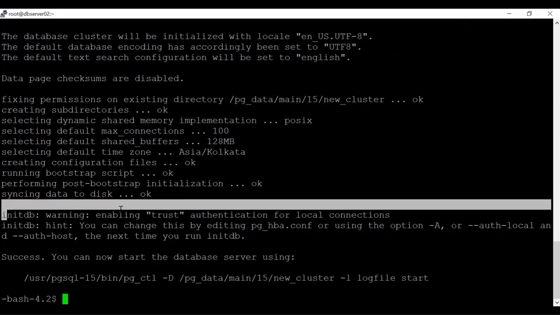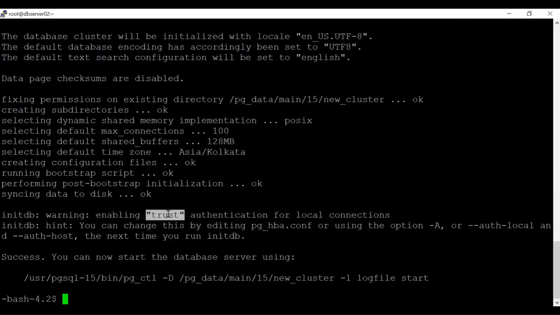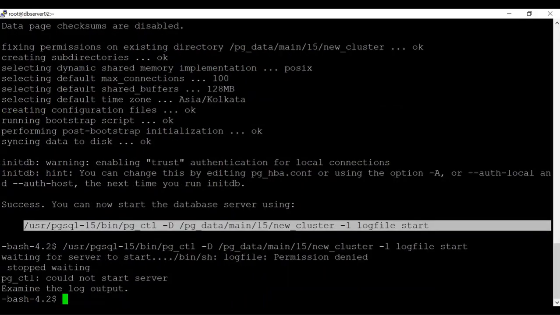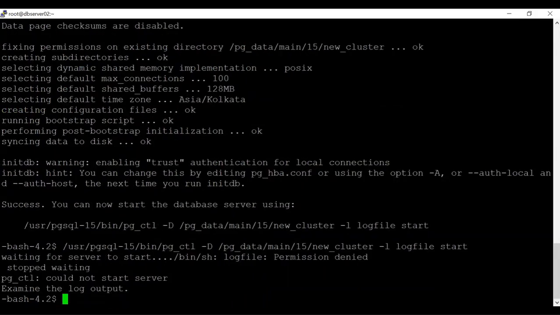Okay, this warning, don't worry. This is because your default authentication is trust, which is passwordless authentication in the pg_hba.conf. It is just giving this warning; based on your requirement, you can change this value. If you want to protect with password based authentication, you can change it. This is the warning. Okay, so now I'm going to start my cluster. This is my new cluster. Okay, so what it is telling,